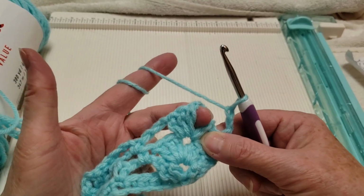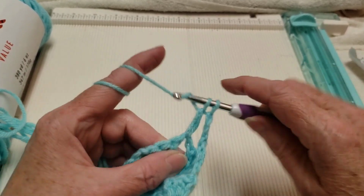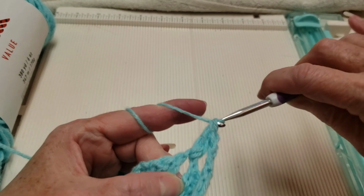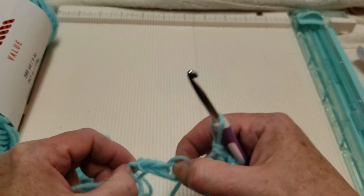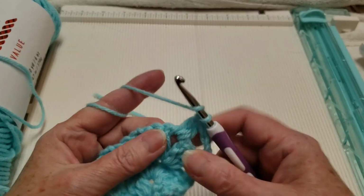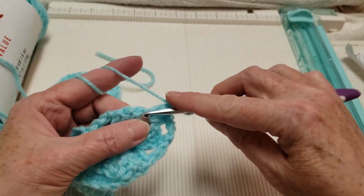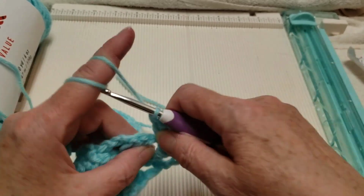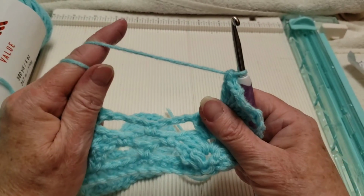So make our fan in that chain 2 space of that fan from the previous row. I mean shell. I was calling them shells. Okay, so 1, 2, okay, so that was 2, 3 double crochets, chain 2, 3 double crochets, 1, 2, 3, and then we have this